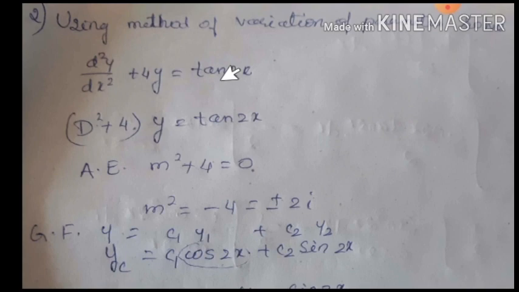If it is trigonometric, sine or cos only, not other than that, using the inverse differential operator we apply the type 2 method. And if the right hand side is a polynomial in x, we apply type 3. So these are defined only for some standard functions on the right hand side of the differential equation. But the advantage of variation of parameters is that you can solve it for any function of x on the right hand side.